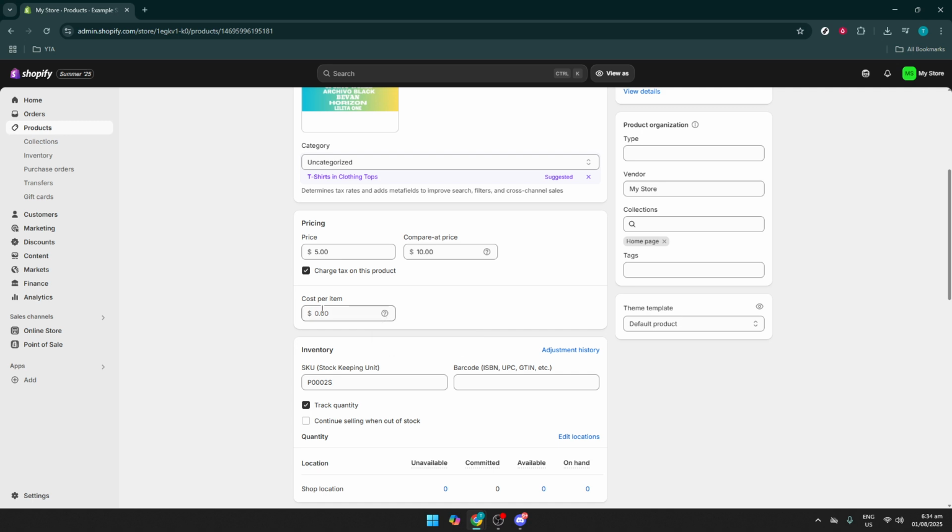After you've ensured that taxes will be charged on your product, take a look at the Cost per Item section. This area is where you input the cost of the product to you. Entering this information is not mandatory for charging taxes, but can be very helpful for internal tracking and analytics about your profit margins. Having accurate cost data enables you to make more informed pricing decisions and understand the financial health